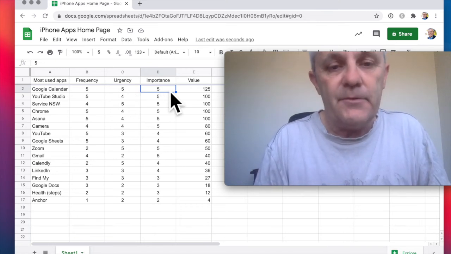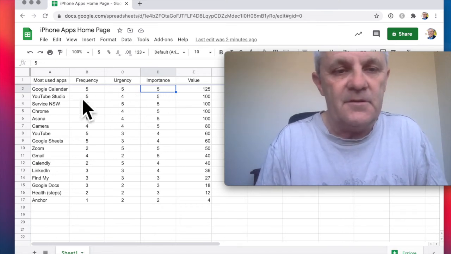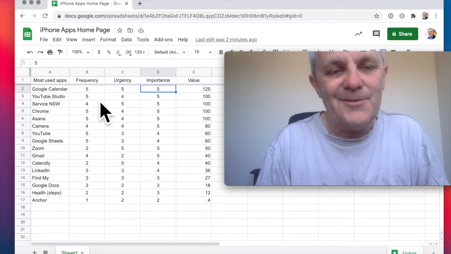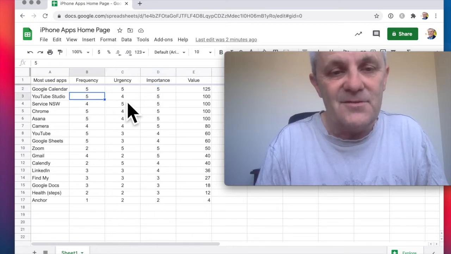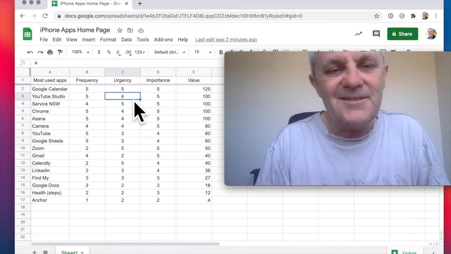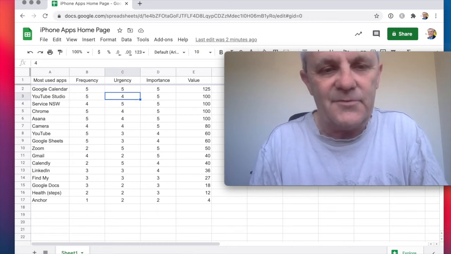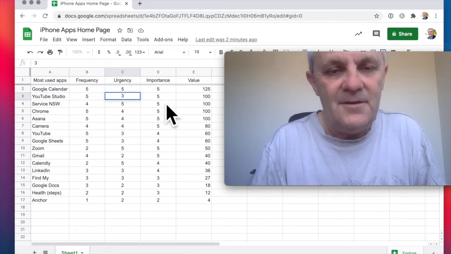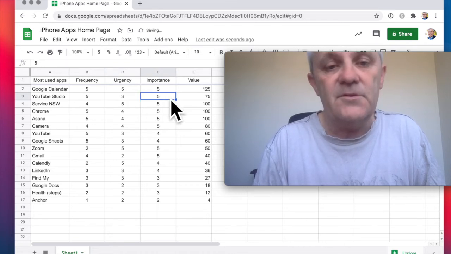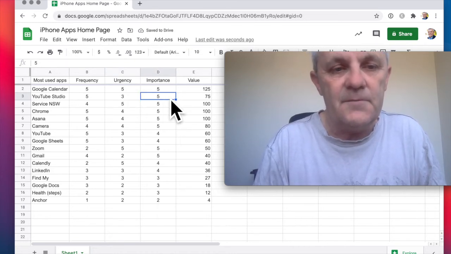In terms of importance, a calendar is very important. YouTube Studio, frequency, yes, I do use it often. Urgency, it's probably actually a 3 rather than a 4. And then importance, I would say it's very important because YouTube is important to my business.